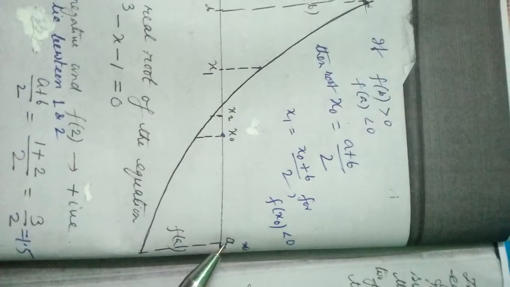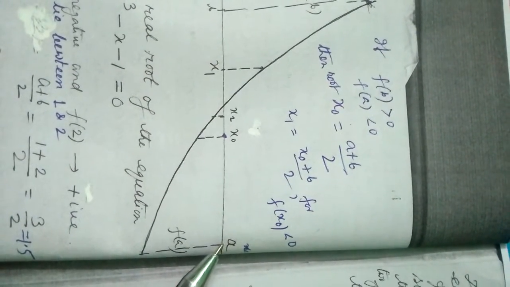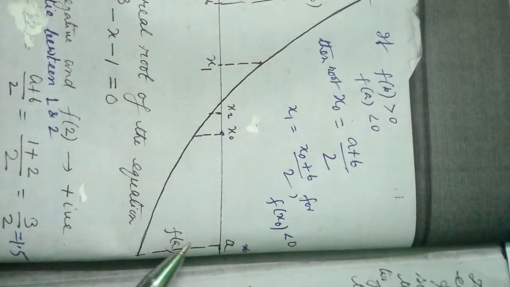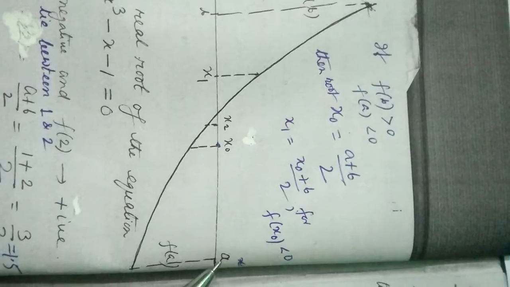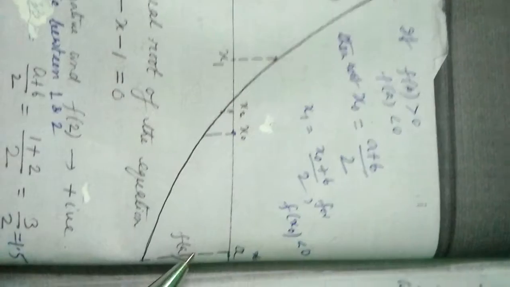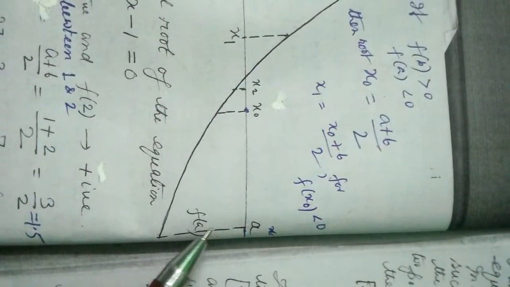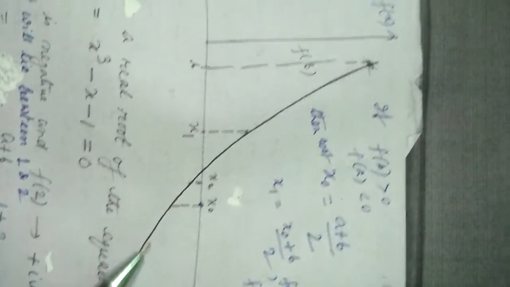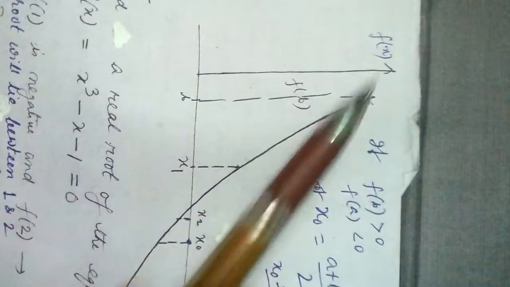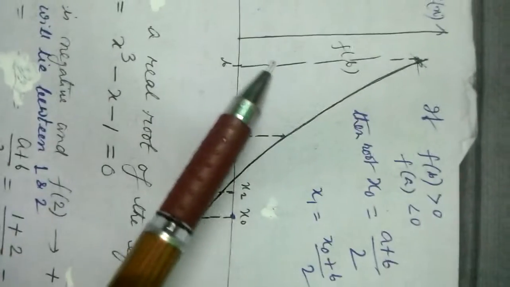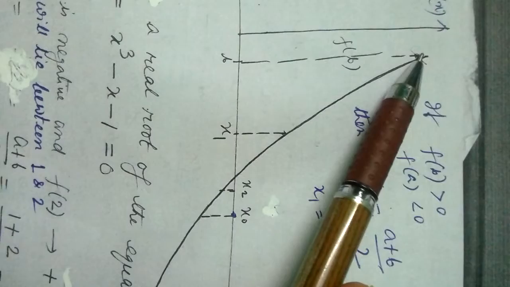This is a point A. You can call it XA also, no problem, but this is a point A, this is a point B. So for that point A, that means it is A0, and this point is B0. So this is the function f(a). This function is f(x), y is a function of f(x). So this is f(a). It is clear that this is negative, and f(b), it is clear that it is positive.